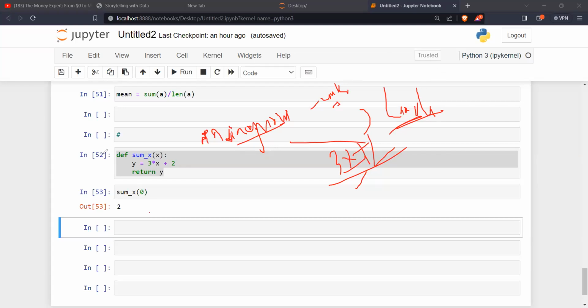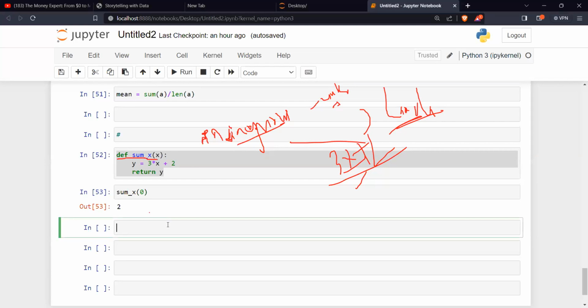Do we get that? So what we would have done here, we say define sum of x. This sum x is the name of the function. But I don't want to write the name of the function down. I just want to write it straight. So I'll first of all write lambda. Lambda means anonymous, unknown function. I don't know the name of the function. So instead of me calling it sum x, I'll call lambda. Lambda represents any name you like.